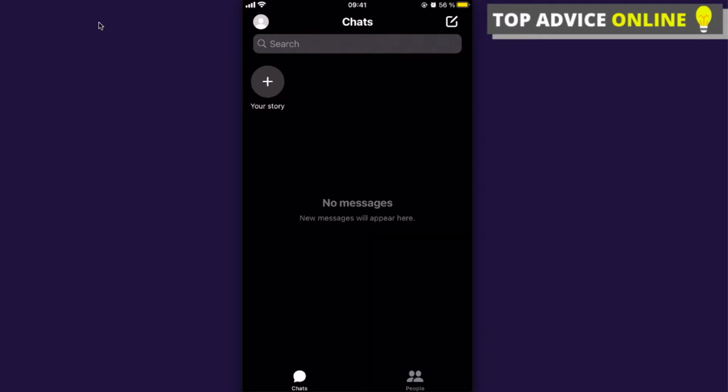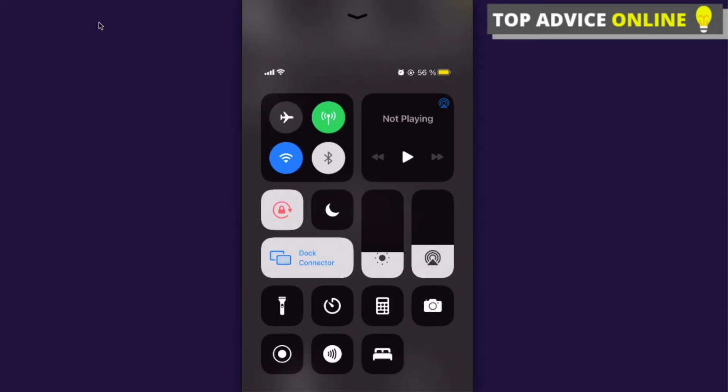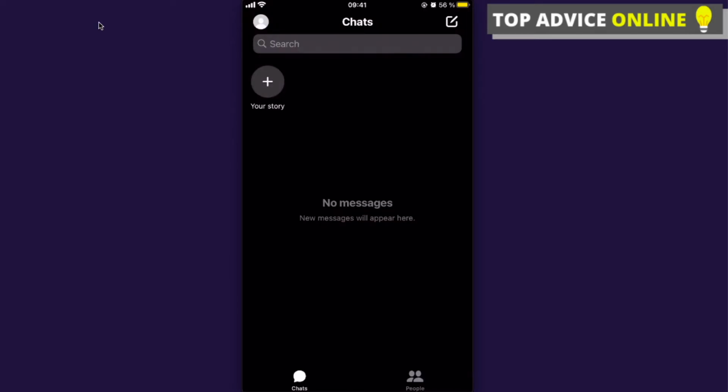So first of all, I would suggest to turn off the Wi-Fi and use your mobile data, because sometimes Wi-Fi doesn't do enough. So you're just gonna swipe and click on the Wi-Fi button and turn it off. After that, your mobile data is working, and if it still doesn't work, I would suggest you to